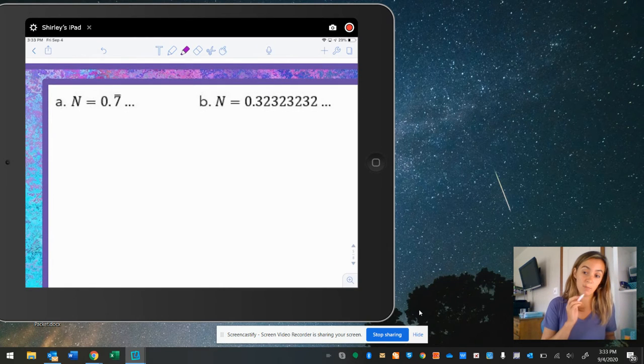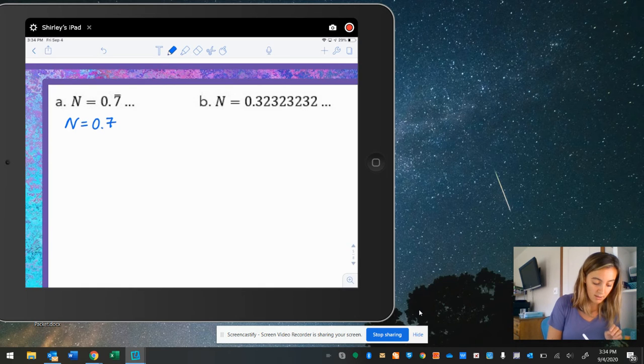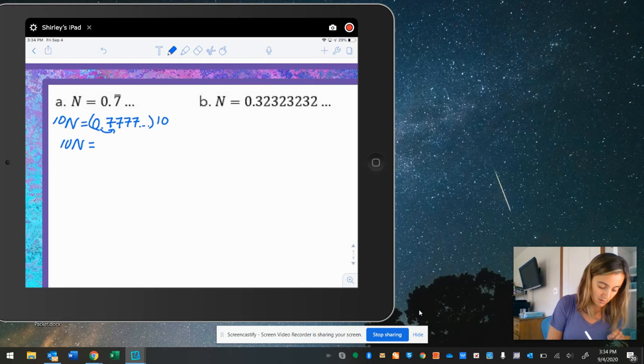What's important to note here is my algebraic equation is saying that n is equal to 0.7 repeating. So my first step is to multiply both sides of my equation by 10. The reason we're doing that: I have n equal to 0.7 repeating, which means the only digit repeating is the 7, so I only have one place value repeating in the tenths place. So I'm going to multiply both sides by 10. Then I have 10n is equal to, if I take 0.7 repeating and multiply by 10, my decimal moves over,